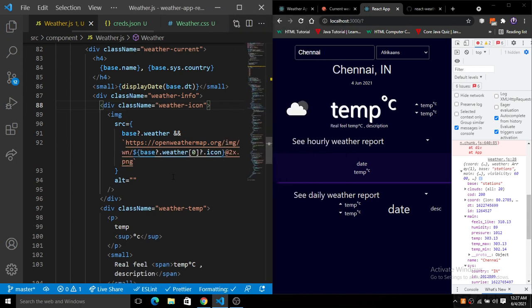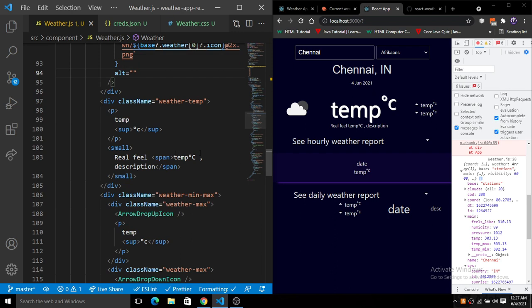Then you can see here we have the temperature. What I said already, the temperature here is in Kelvin, so we just want to convert this temperature to Celsius. How will we do this? First of all we convert the string to an int, so we use a function called parseInt.